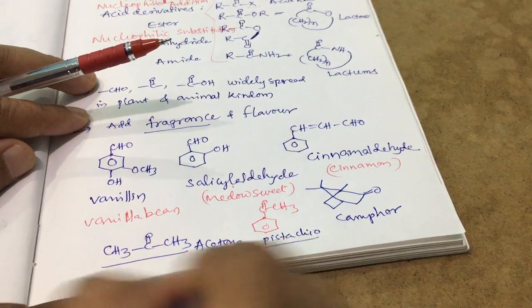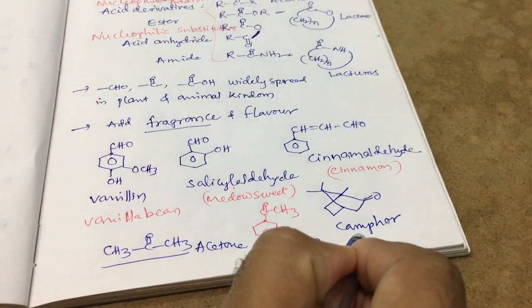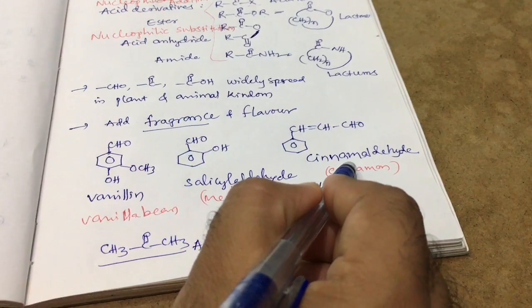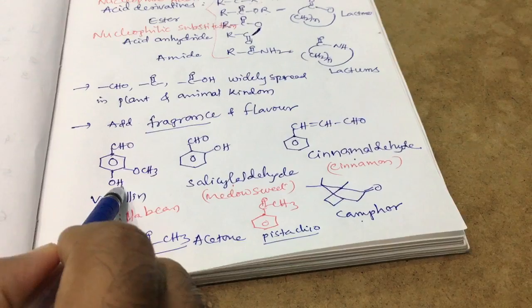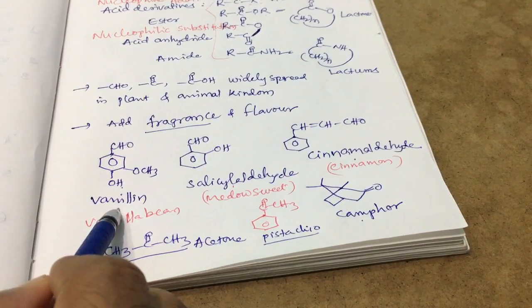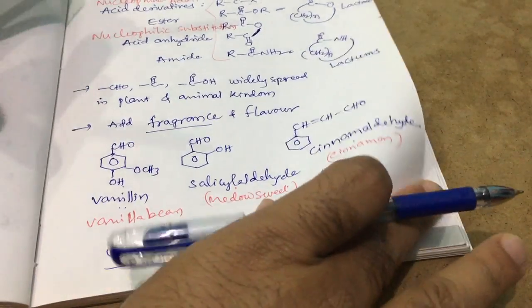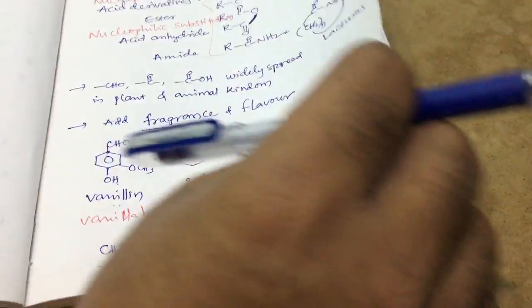It is generally used in ice creams. This is generally used for the inhalation process. This is cinnamon, we know, generally used in food materials and drugs also. And next, this is vanilla, which has the vanilla flavor. It is also used in food and perfumes. So many uses are there for these carbonyl compounds. These are just an introduction. So now